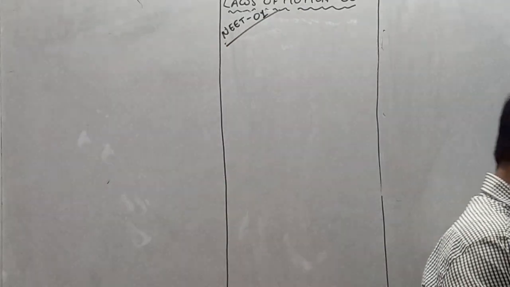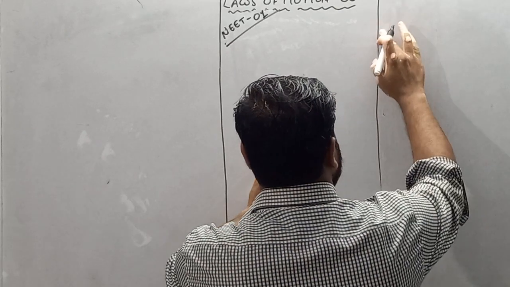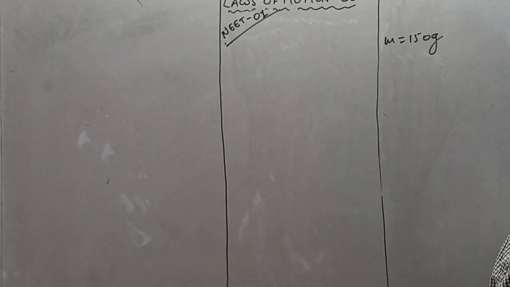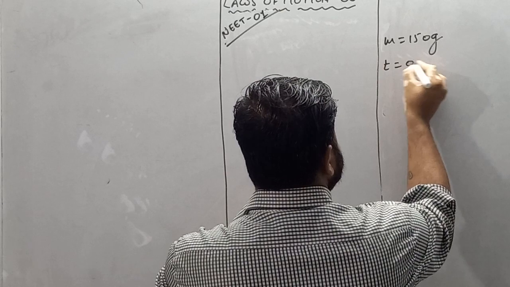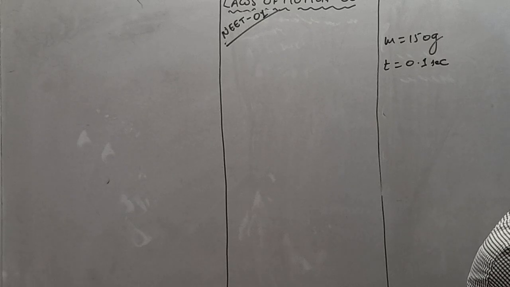So the question is, a cricketer catches a ball of mass 150 gram in 0.1 second, moving with speed 20 meter per second,